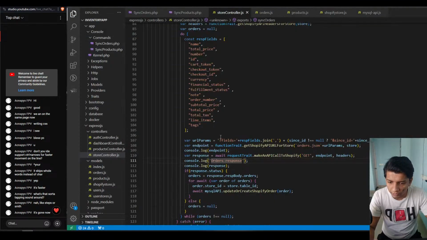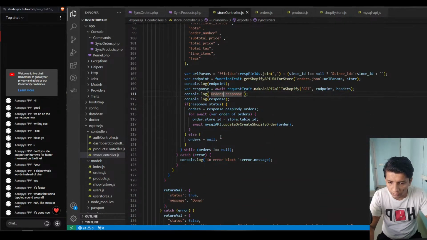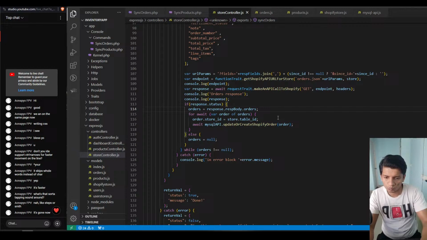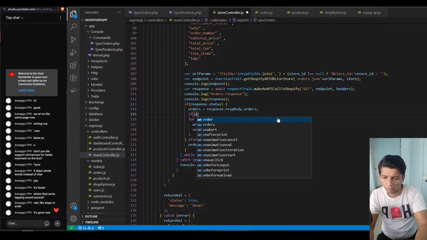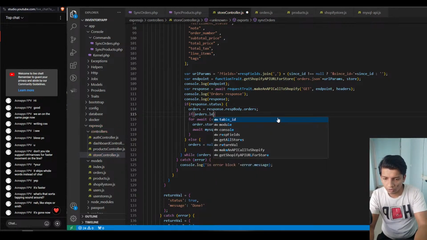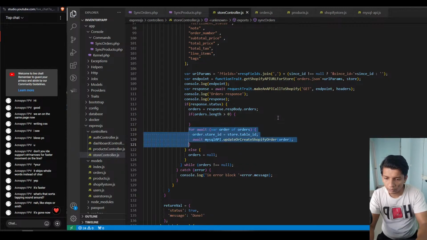By the way, this, if orders dot length greater than 0, only then